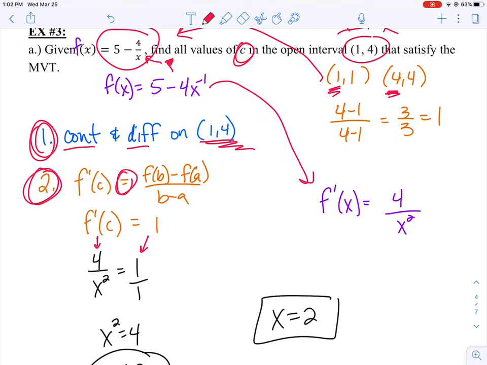Okay? Make sure you can show me all of those different pieces. Make sure you can show me that it's continuous and differentiable, number 1. And make sure, number 2, you can show me all the pieces that say that my instantaneous